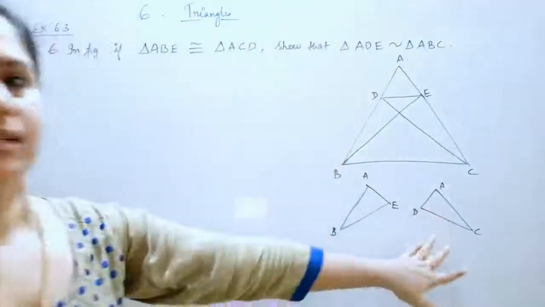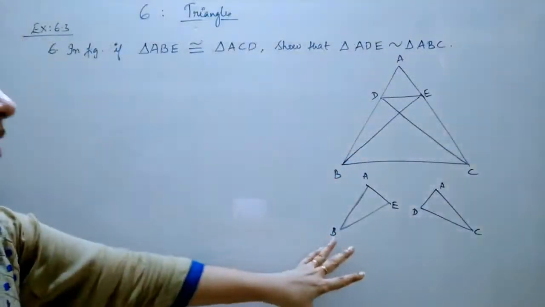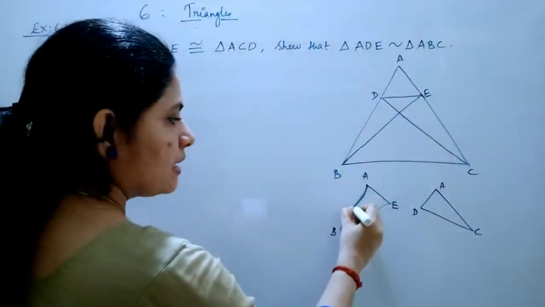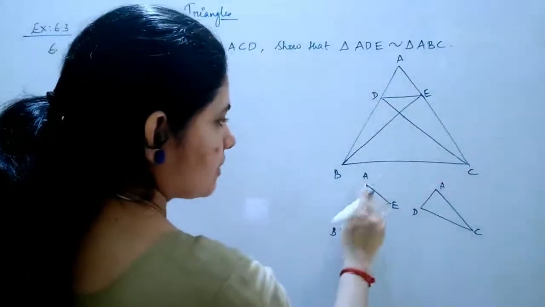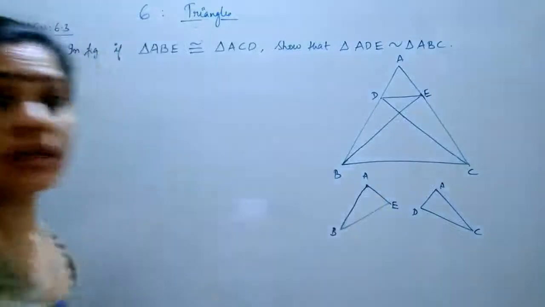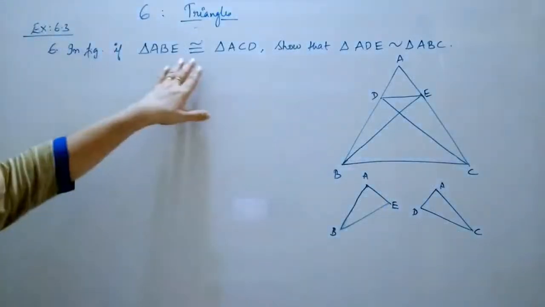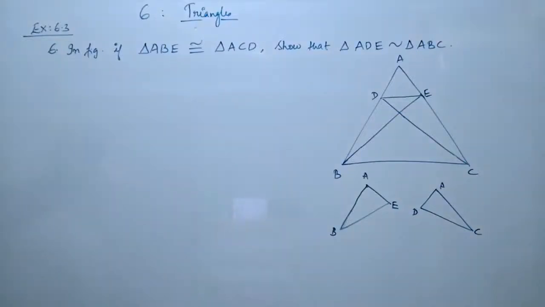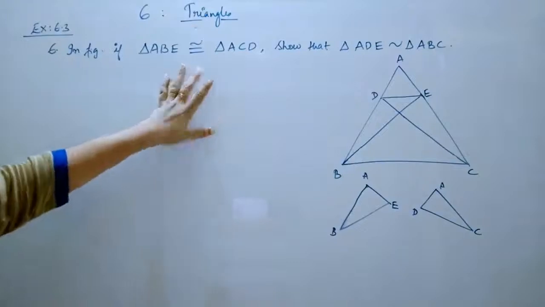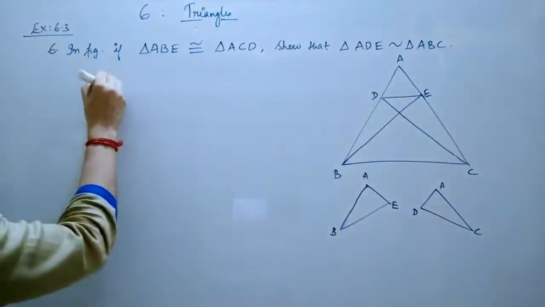Okay, these two triangles are given to be congruent. That means you can say that AB will be equal to AC because they are corresponding sides, and the corresponding sides will be equal if they are congruent triangles. Corresponding sides as well as corresponding angles will be equal for congruency, right? So we will get from the triangle